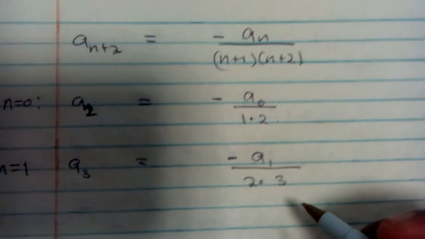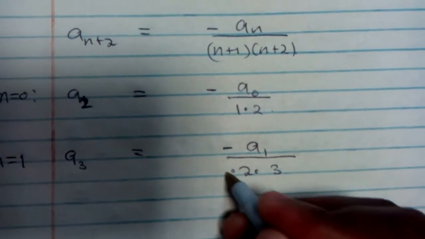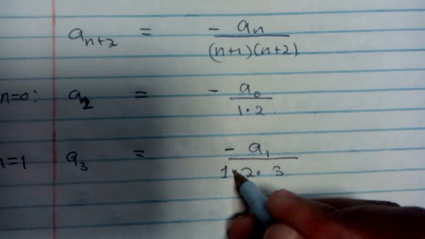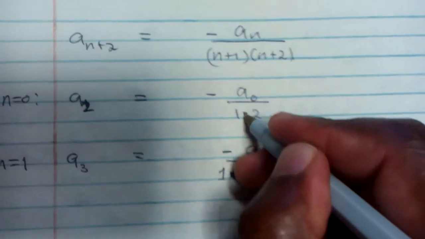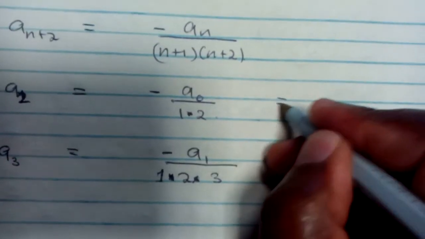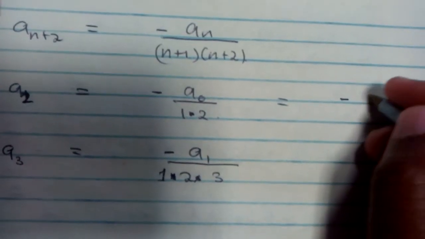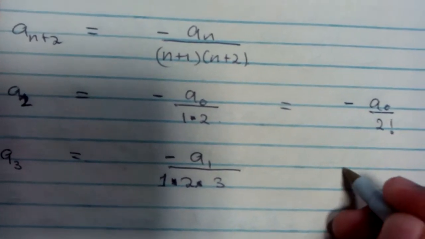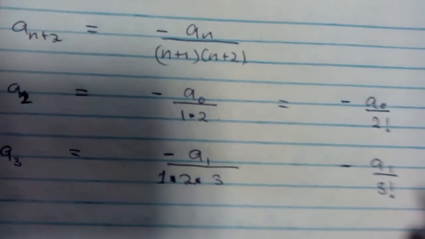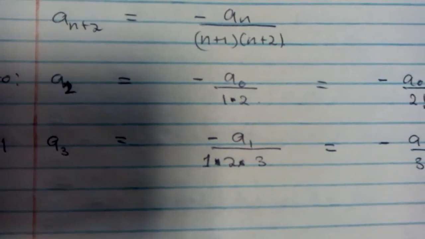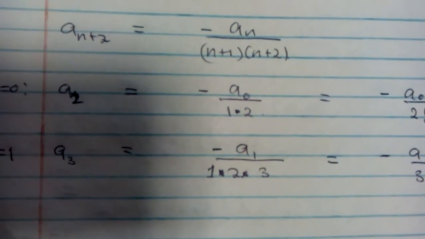Right. Without any loss of generality, I can multiply by 1. This is 1 times 2 times 3. It doesn't change anything. Because I can rewrite this now as minus a0 over 2 factorial. Then write this one as minus a1 over 3 factorial. Right. And then when n